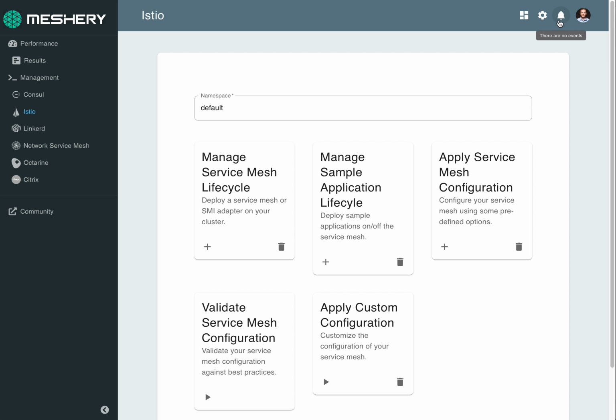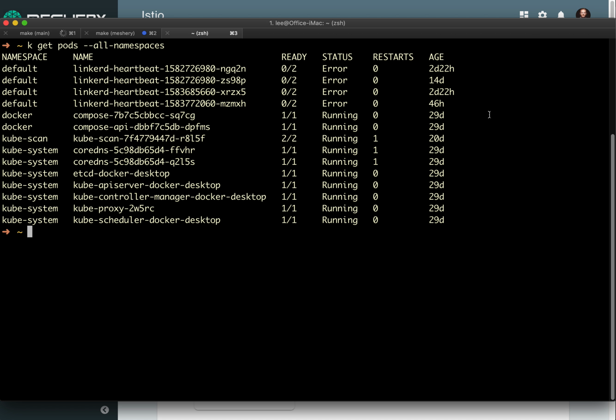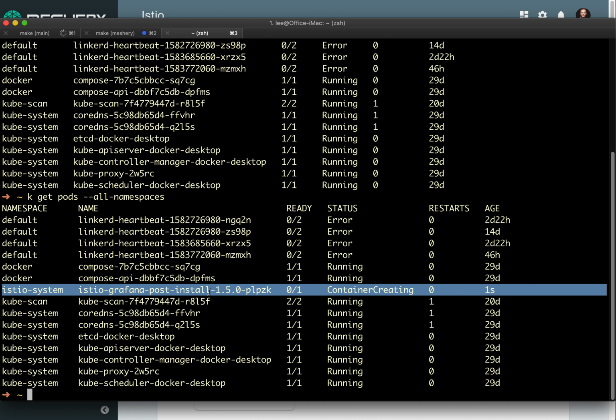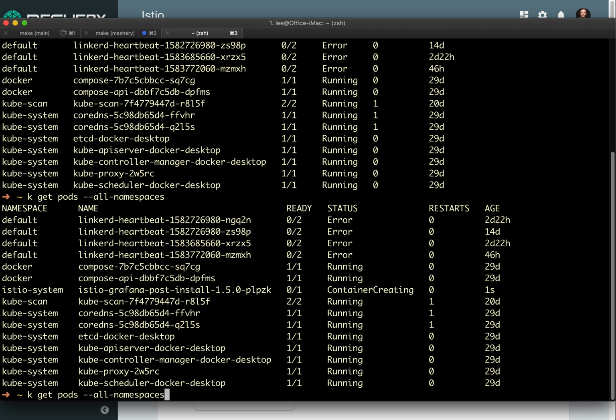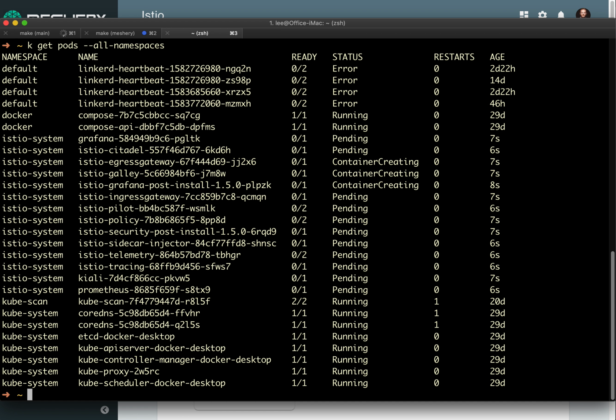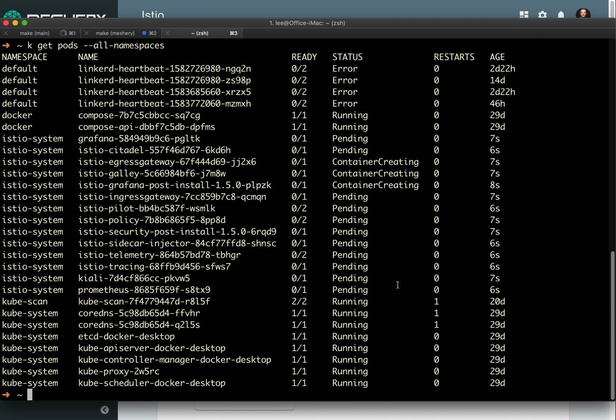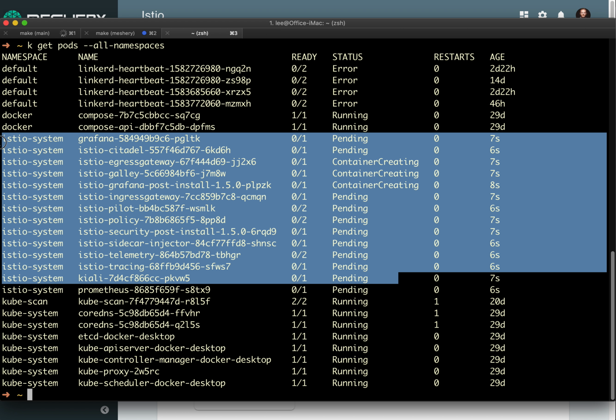I'll be watching for events. While we're doing that, we'll come over here and execute this again. So there has been a command received. Kind of funny that Grafana was the first one to show up. Anyway, you can see it's being successful, right? The command to start 1.5 was